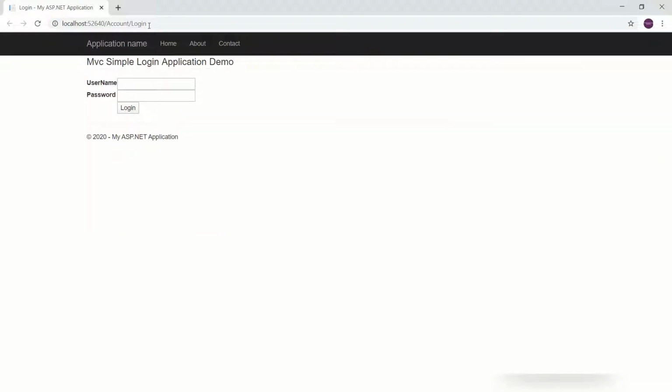See, we have got our login page, username and password. So it is expecting username and password.